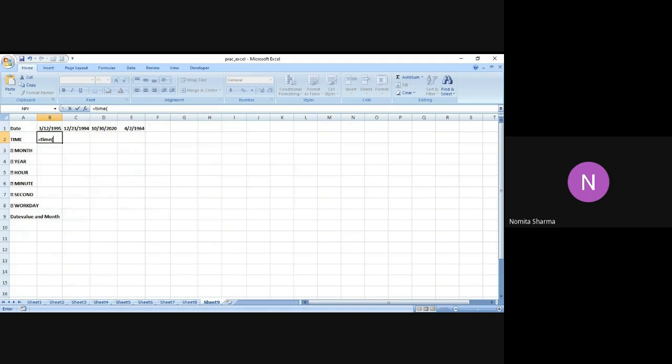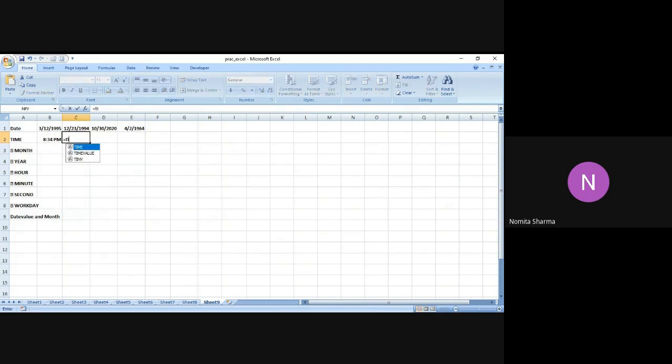In the hour, there are 24 hours, so I have to ensure that the number is within that limit. For minute, the limit is 60. I cannot give more than that, so I will ensure that the number is well within the defined limit of the minute as well as that of the second. I close the bracket and let me see what I get. So I've got the answer as 8:34 p.m. and it has converted the time which I mentioned as hour, minute, and second into 8:34 p.m.